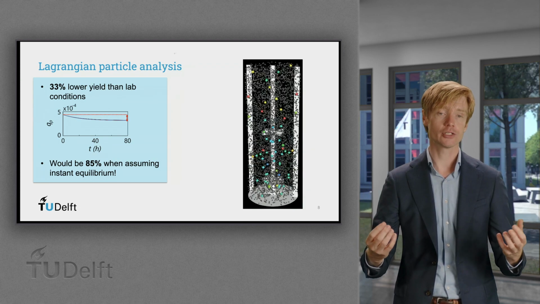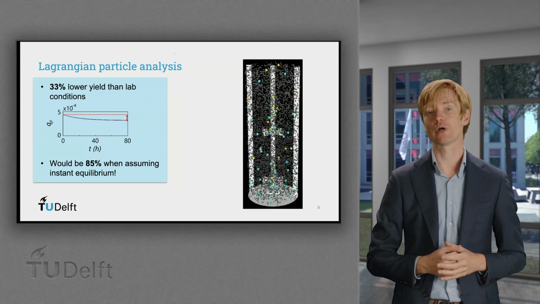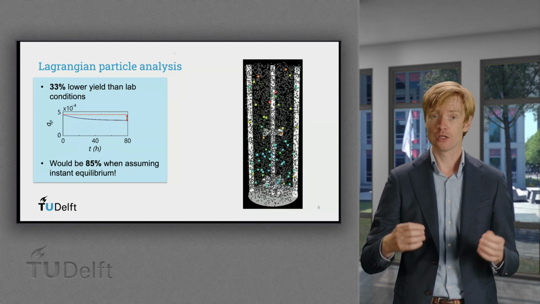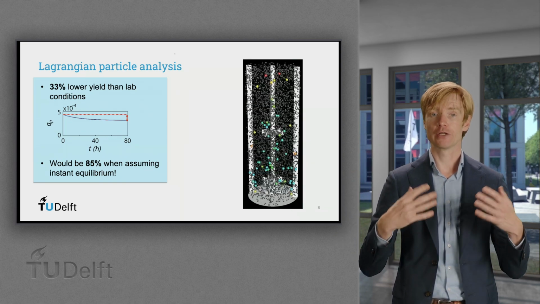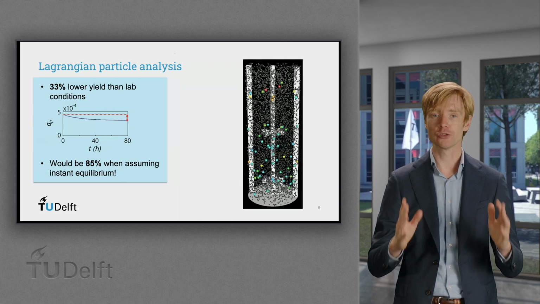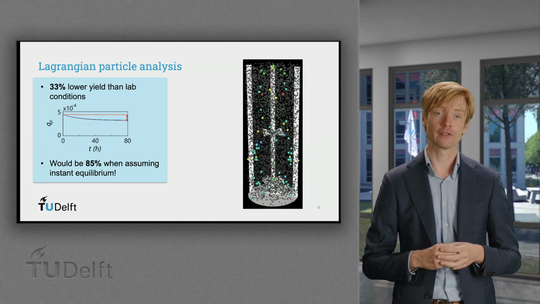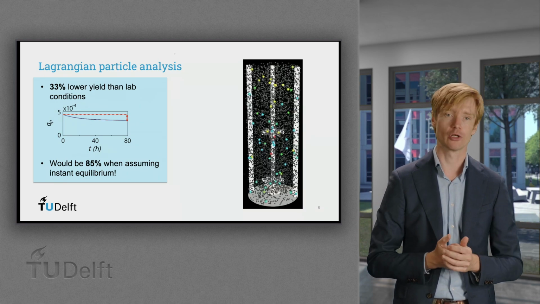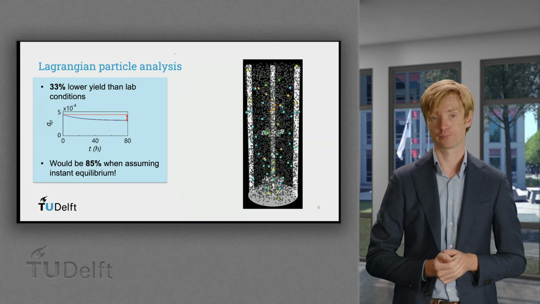Now, the combination of CFD and metabolic modeling can be a powerful tool to analyze the impact of scaling effects. In this case, we note quite a strong heterogeneous environment, and we can use our simulation to predict how strongly cells respond to that. Whether this 33% decrease in yield that we observed is acceptable, of course, depends on the economics of your process. But at least now you can take it into account.